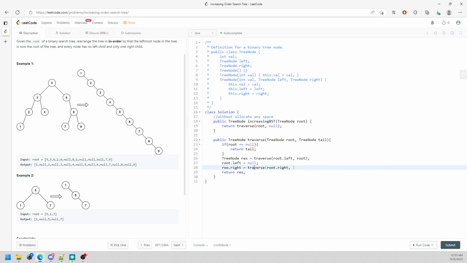Root, right, and this is going to be tail. So you are always saving your parent access point. This is the tricky part, and let me submit. Oh, I made a mistake. Root